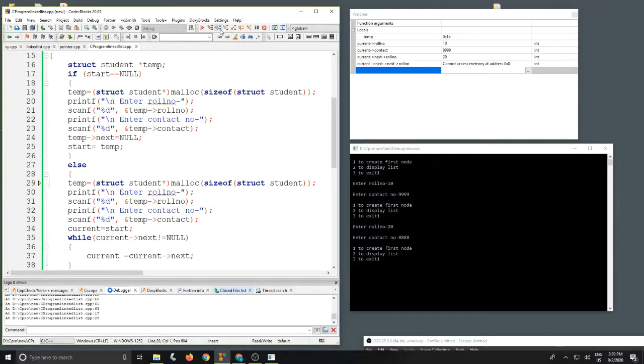A temporary object has been created and memory is allocated to it with the malloc function. Then a printf function will expect a value as a roll number for the temporary object. So let us enter 30 as the roll number